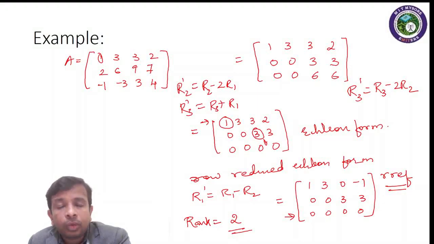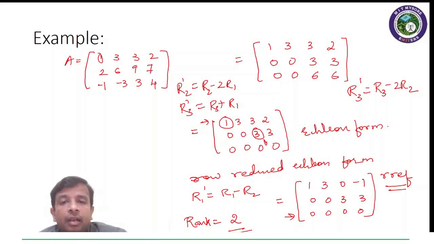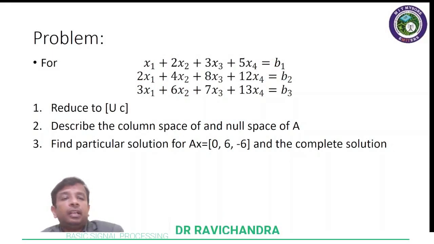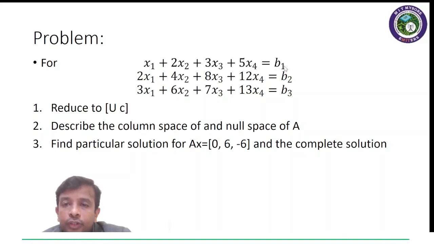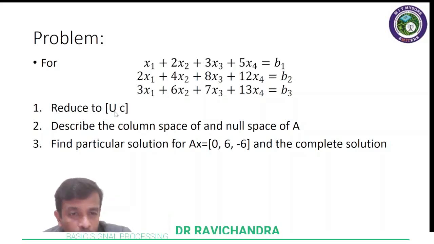Now, in order to understand the concepts in a more detailed way, let us take an example problem, right? Something like this. It says x1 plus 2x2 plus 3x3 plus 5x4 is equal to b1, 2x1 plus 4x2 plus 8x3 plus 12x4 is equal to b2, 3x1 plus 6x2 plus 7x3 plus 13x4 is equal to b3. It is to be reduced to Echelon form, and the column space and null space are to be found out,